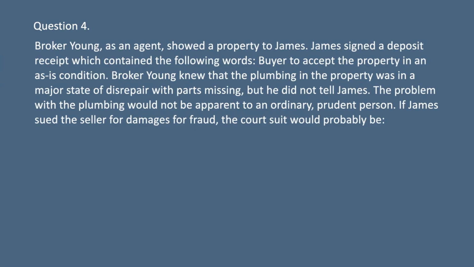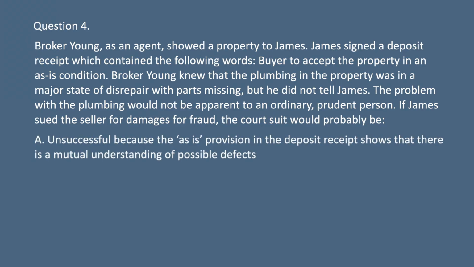Question 4. Broker Young, as an agent, showed a property to James. James signed a deposit receipt which contained the following words: buyer to accept the property in an as-is condition. Broker Young knew that the plumbing in the property was in a major state of disrepair with parts missing, but he did not tell James. The problem with the plumbing would not be apparent to an ordinary, prudent person. If James sued the seller for damages for fraud, the court suit would probably be: